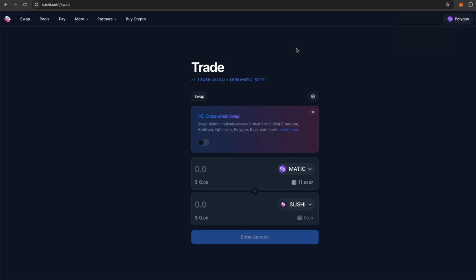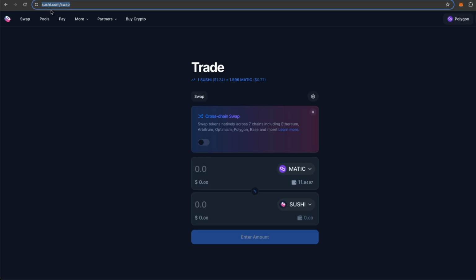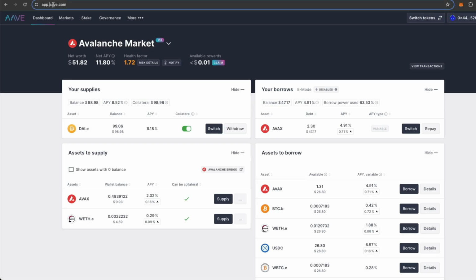Now, in the lesson after this, I'm going to take you through a walkthrough to show you a bunch of other protocols very similar to Sushi Swap or Aave, and a bunch of others that you can use for finding yield opportunities in DeFi. So I'm going to give you specifics in the next lesson, but this lesson is really going to free up your horizons and allow you to discover how you can discover all of these protocols yourself. But in the next lesson, I want to give you some very specific ones so that you are on the right path without having to just navigate around blindly and discover ones on your own.